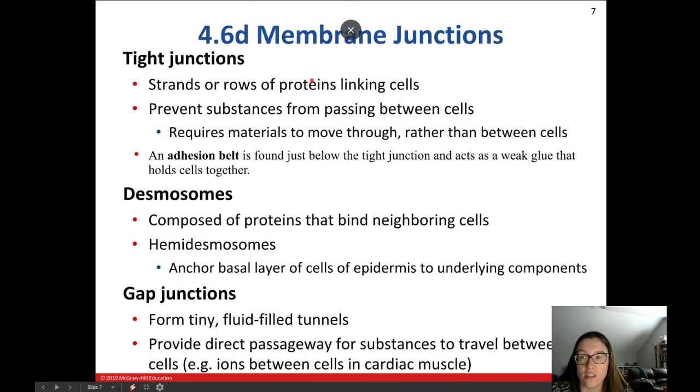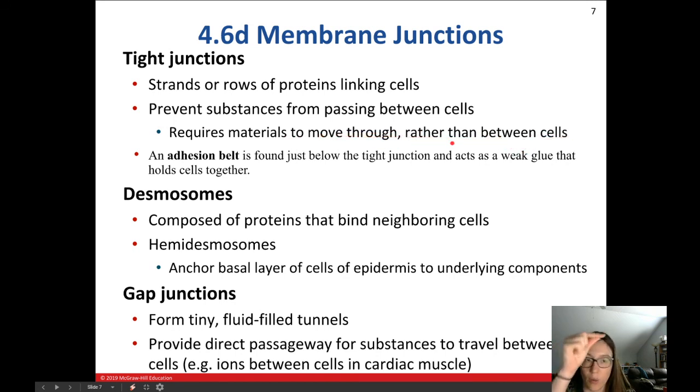So tight junctions are going to be strands or rows of proteins that link the cells together. It's usually towards the apical surface of the cell. It prevents substances from passing between the cells, and that's called paracellular transport when they move between the cells. So that requires the materials to move through the cells rather than between them,